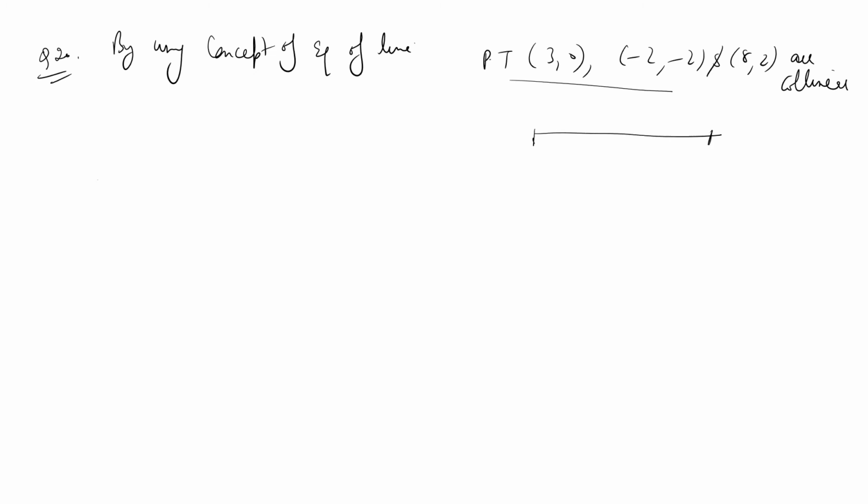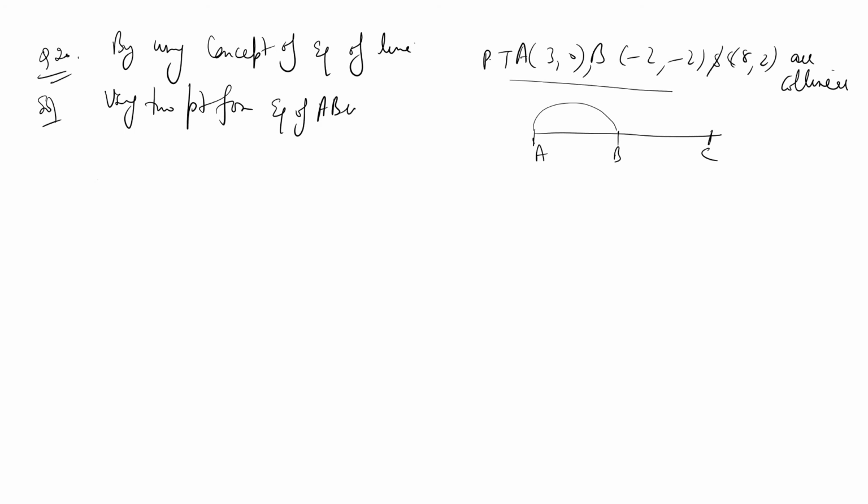So that means if I frame the equation of line joining 2 points, then the third point will satisfy that equation, right? So how will I prove it? That using 2-point form, firstly I will frame the equation of AB,